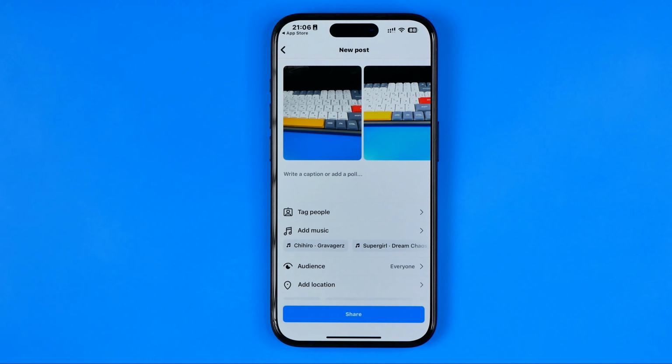here at this button. That's how it can be easily done, guys, and if this video was helpful for you,